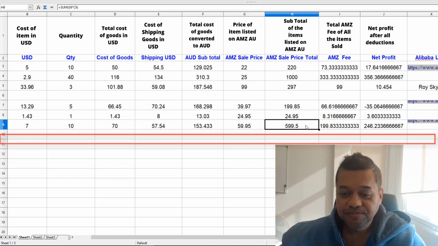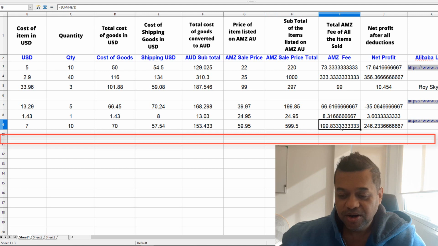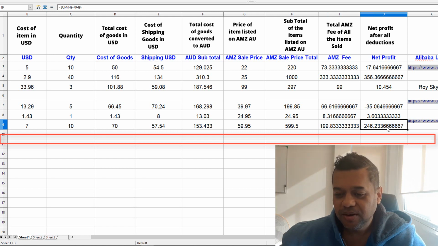If they all sell, I'll make basically $600. Amazon will take basically $199 or $200 out of that, and I'll be left with $246 profit, net profit, all right? And how I basically get that is